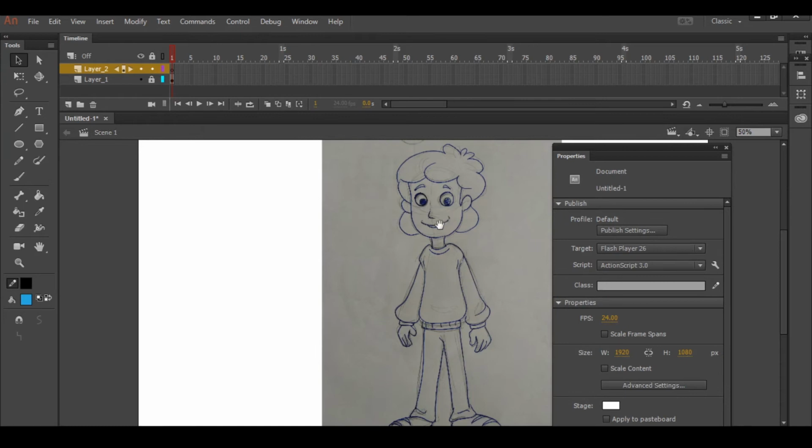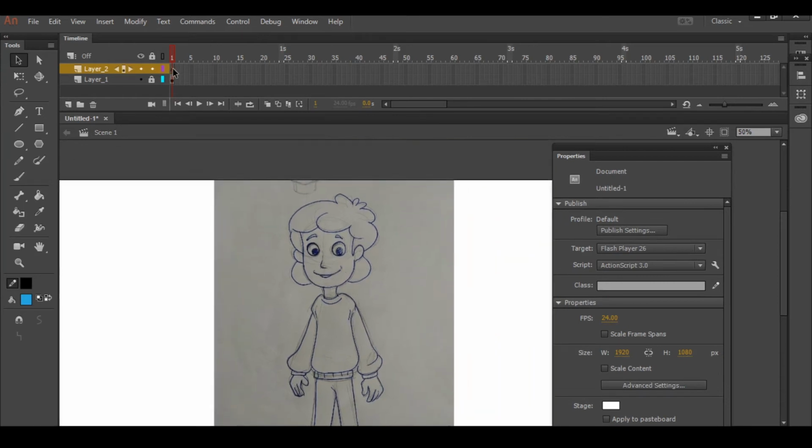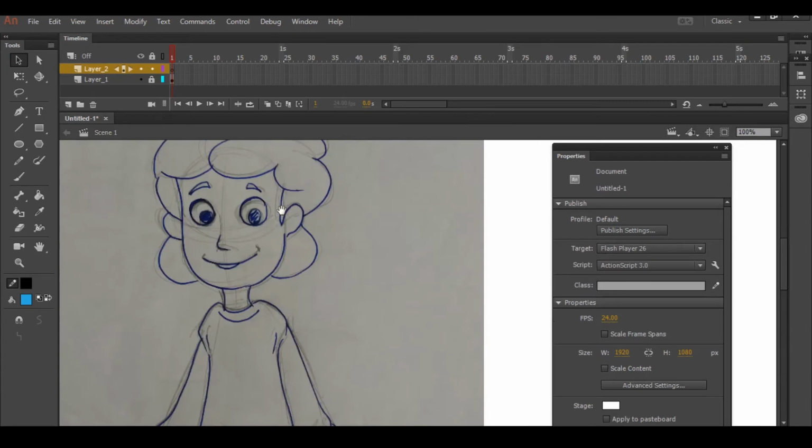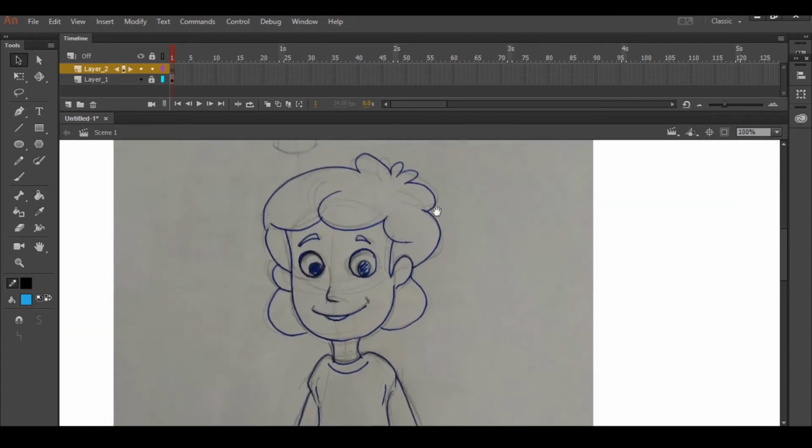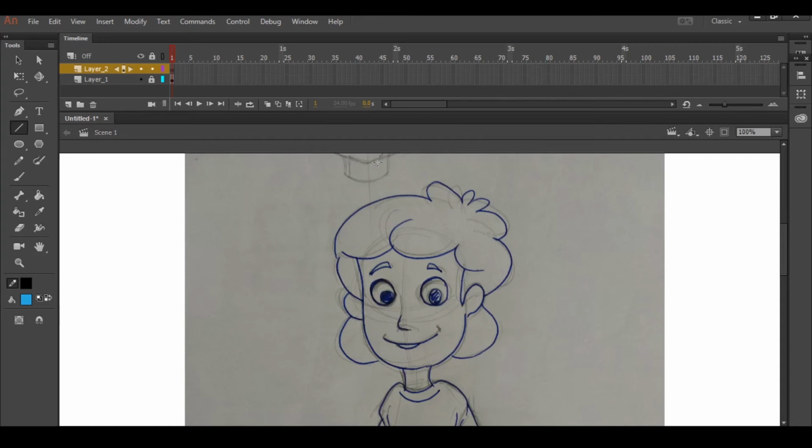Now I'll zoom in. We are in the new layer and first frame, so we are tracing here. Control plus zooms in, Control minus zooms out. So I'll start tracing this now. See, like a straight line, then the selection tool V. Repeat this same idea: you are taking the line tool and V.